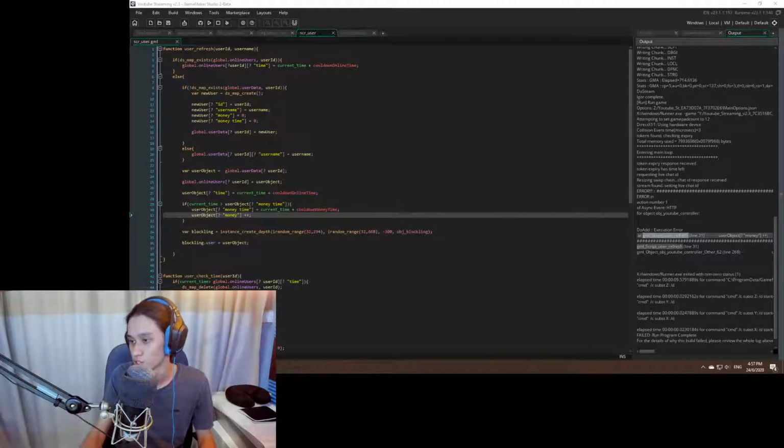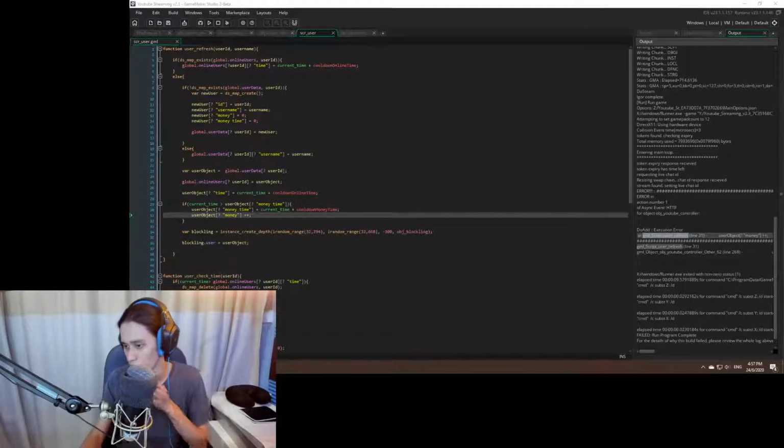Okay, I just want to make sure my save is still fine. 1, 2, 3, 4, 5, 6, 7, 8. There are 9 people. I see. Oh, okay. I'm gonna have to delete my save. There's an issue with my save.